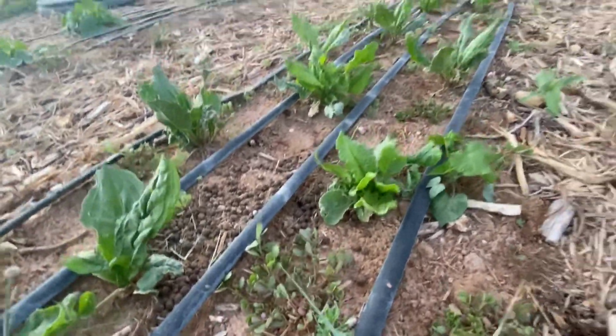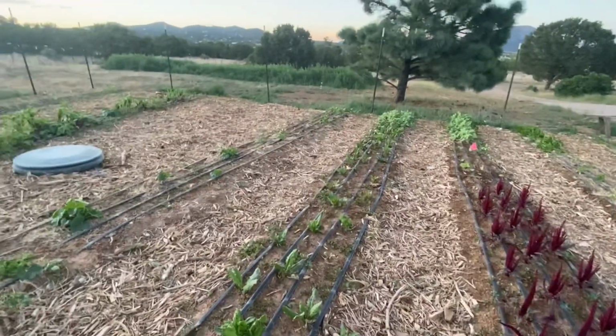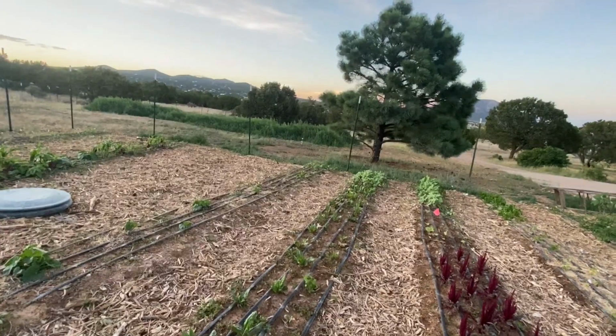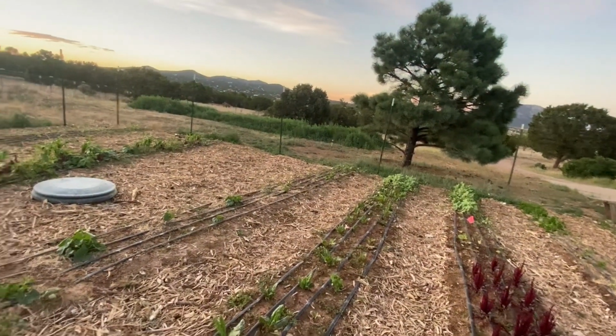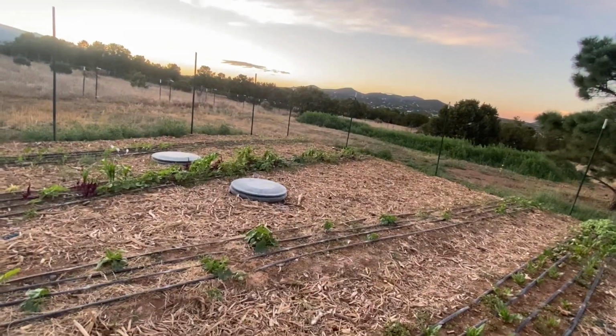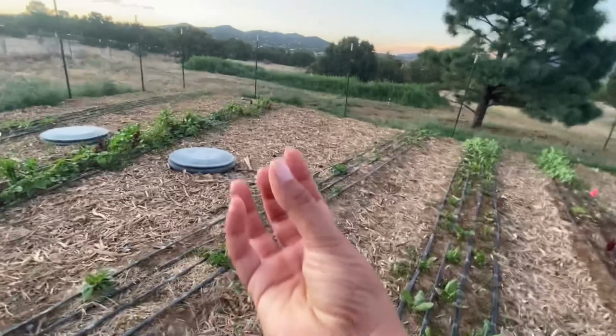I'm going to go ahead and just let it grow in between the plants. It's going to cover the soil, A, and then B, it's edible. So it's kind of a free food source, and if I just have to water it a little bit, I will take it. The next rows here are squash, which I planted in those little cardboard planters because I know